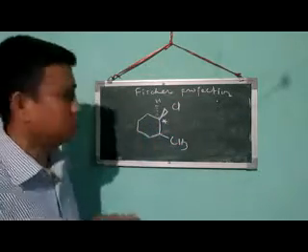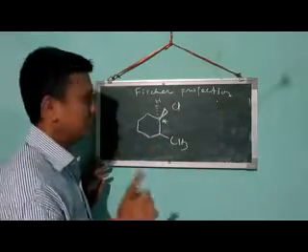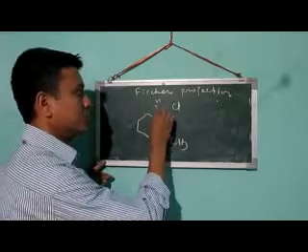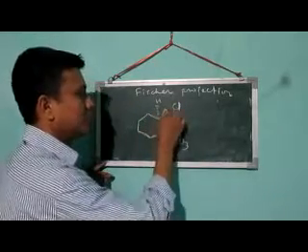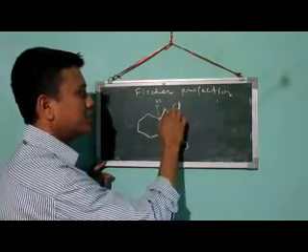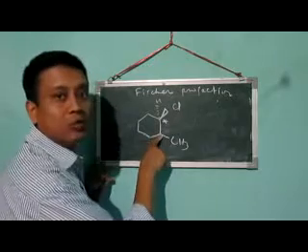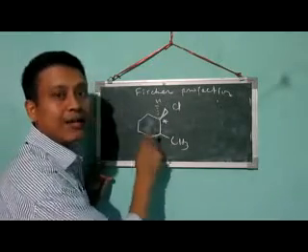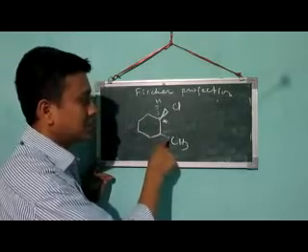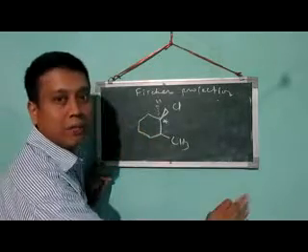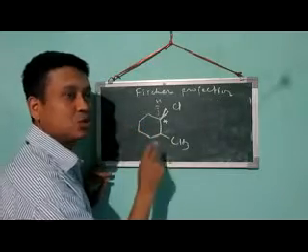In case of cyclic molecules, we do the numbering process in a similar way. But one condition should be there: at least one group should be given above the plane or below the plane. In this molecule, the chlorine is above the plane and the hydrogen is below the plane. But in this carbon we cannot do the R and S nomenclature. Why? Because it is not given whether this methyl group is above or below the plane. So when anything is not given above